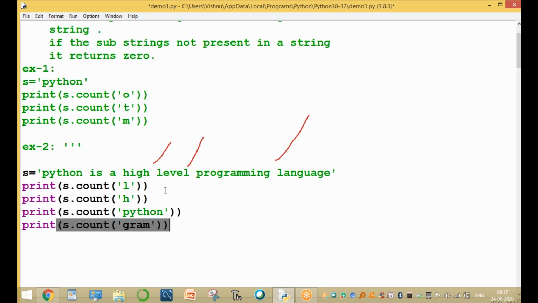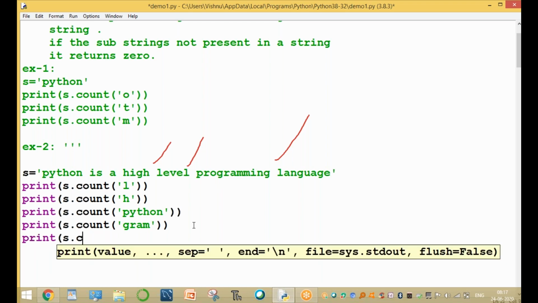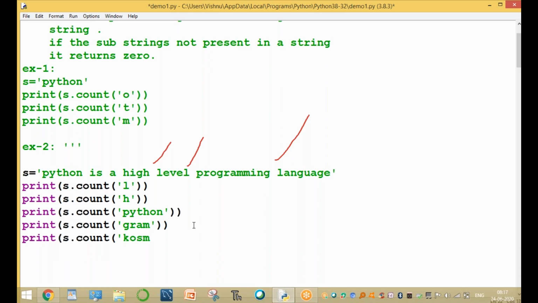Gram is a substring. How many times is gram present? Python is present one time. Gram is also present one time. Then print of s dot count of cosmic. It is not present, so the return value is 0. That is the count function. Clear up to here?